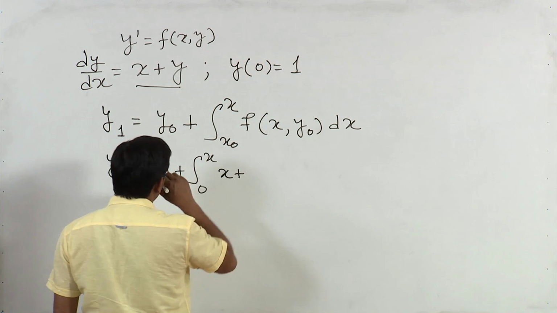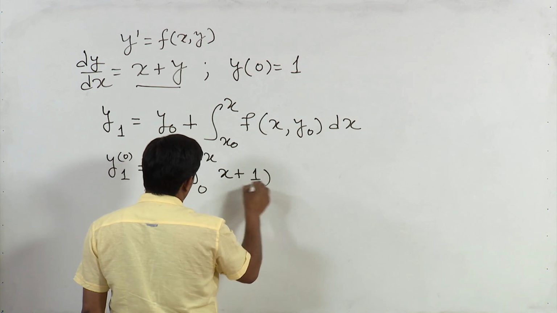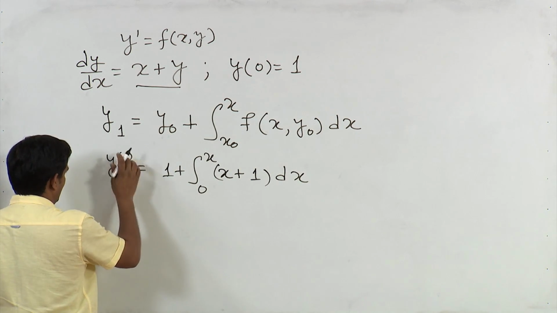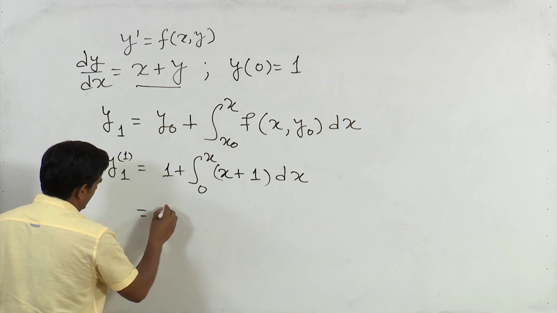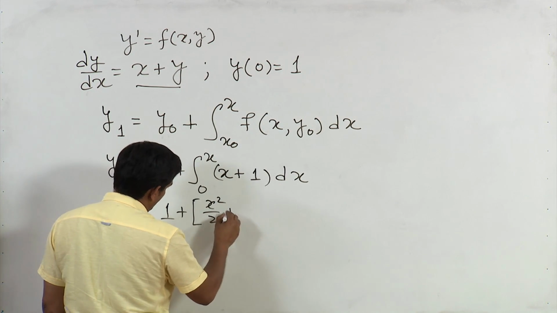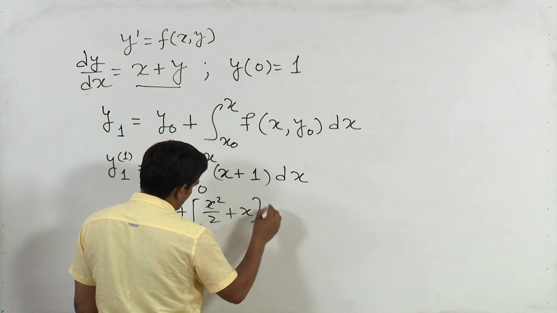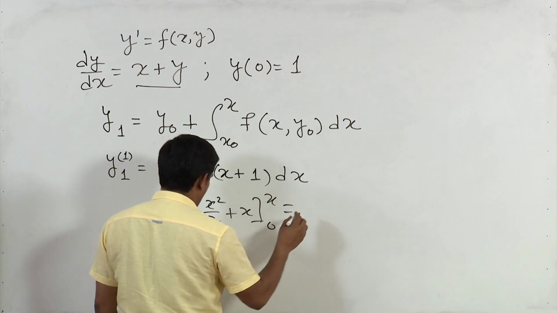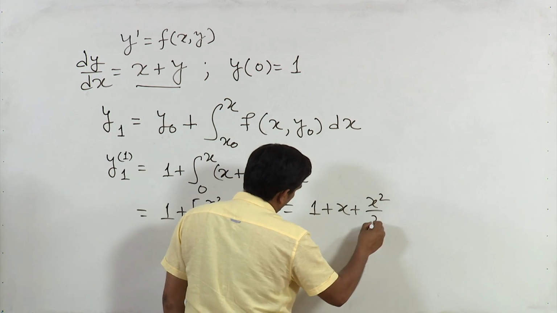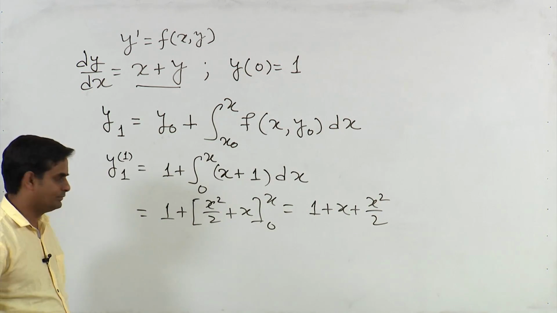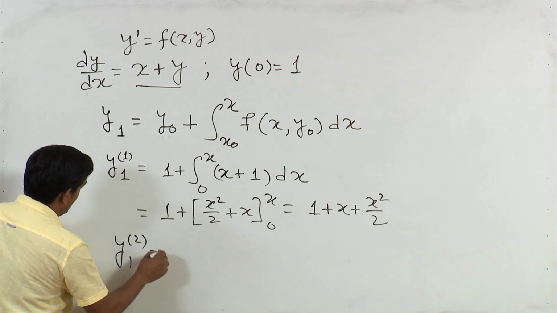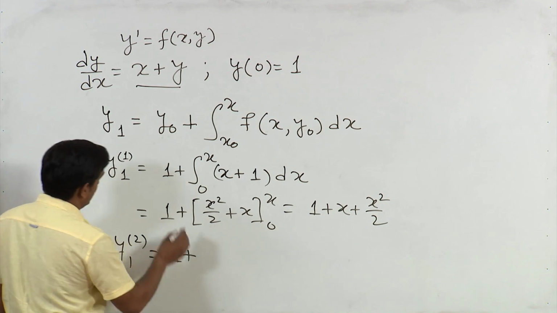So, it is the integral of 1 plus x dx, and let me write it. So it is 1 plus x square upon 2 plus x, evaluated from 0 to x, and it is coming 1 plus x plus x square upon 2. Now, the next iterate of y is given again as 1 plus